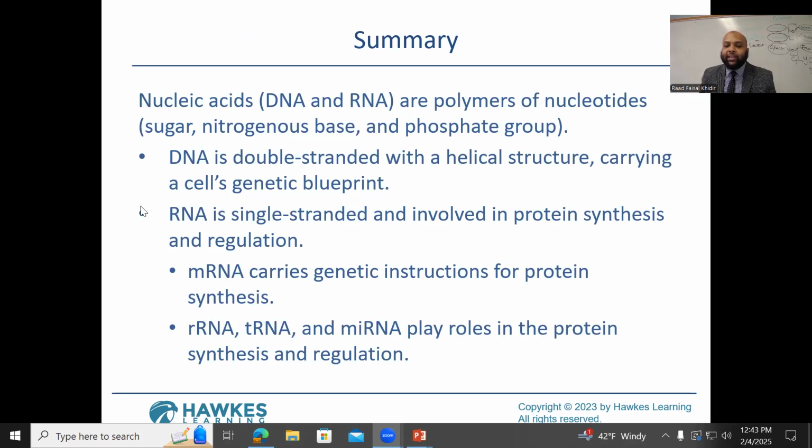So nucleic acids, DNA and RNA, are polymers of nucleotides: sugar, nitrogenous bases, and phosphate groups. DNA is double-stranded with a helical structure carrying a cell's genetic blueprint, and the RNA is a single-stranded macromolecule involved in protein synthesis and regulation. mRNA carries genetic instructions for protein synthesis, and the rRNA, tRNA, and microRNA play roles in the protein synthesis and regulation. So this is going to be the last part of